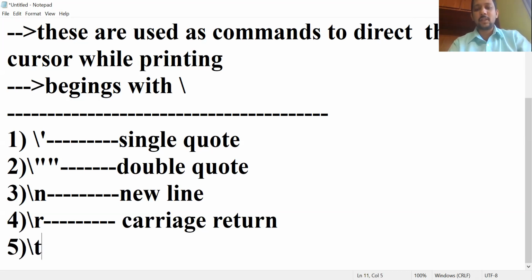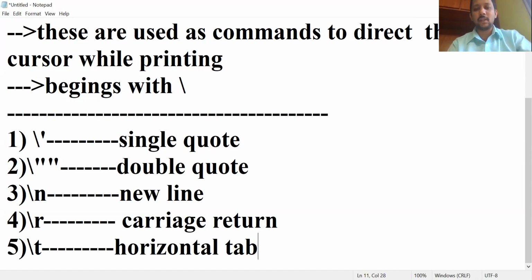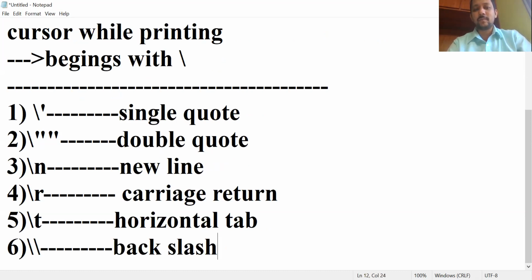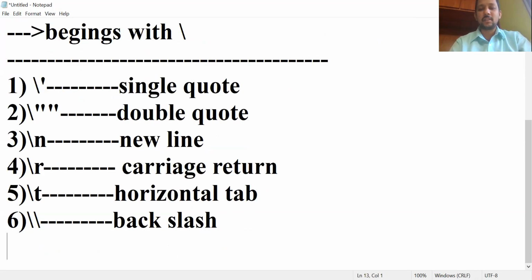Next, slash t. It will give a horizontal tab, one tab space, like the tab key on the keyboard, about 8 characters of space. Next, if you want the backslash symbol, then we have to use backslash backslash.